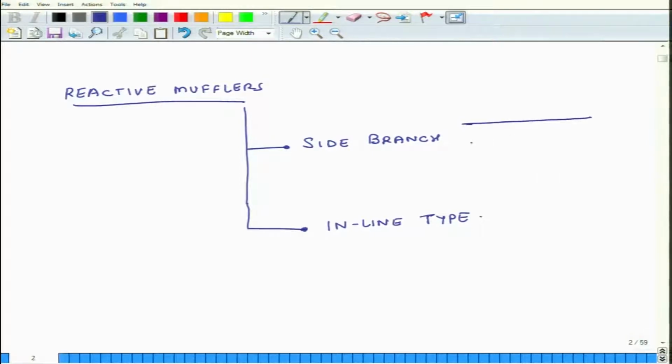Suppose I have a pipe which is transmitting sound. So, sound transmission path is in this direction. What I do is I design a muffler which branches out like this. So, this is a side branch, and this you see is a Helmholtz resonator. Now, this could be either a Helmholtz resonator or it could be just a straight pipe. That can also work, a straight open pipe. So, instead of this Helmholtz resonator, I can attach a straight open pipe, and that can also act as a